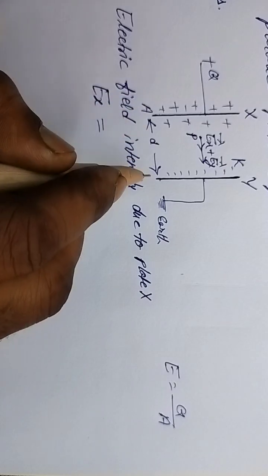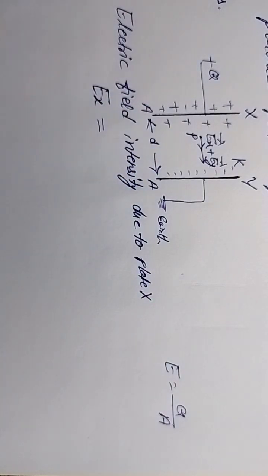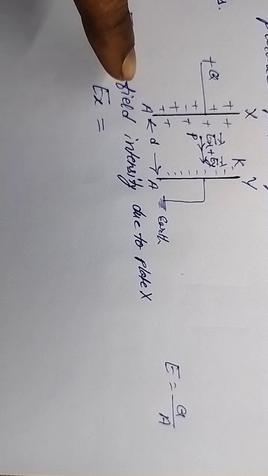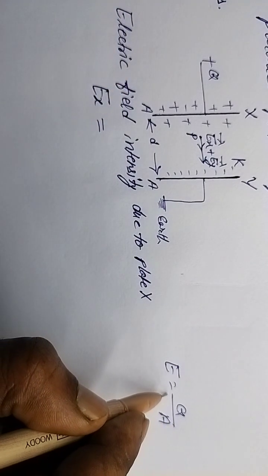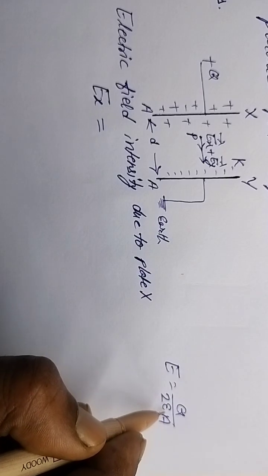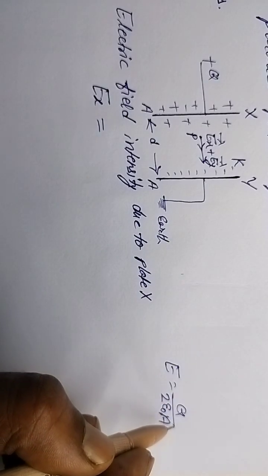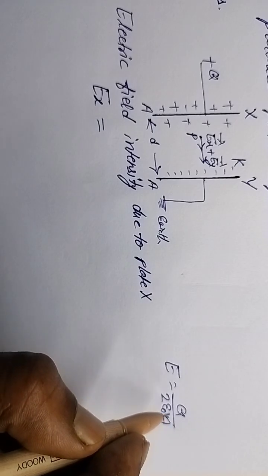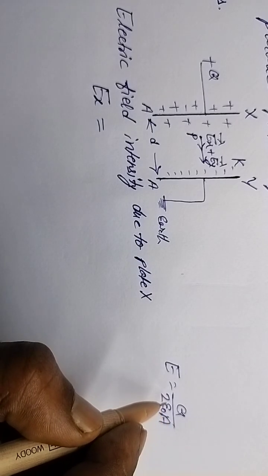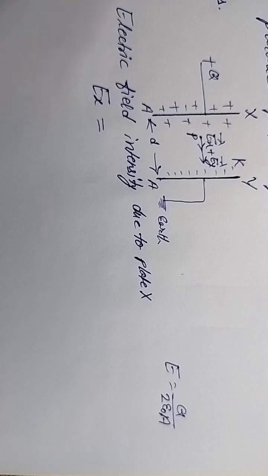Now please consider the area of plates X and Y, both are the same, and that is capital A. Q upon A, just 2 epsilon 0. Just write 2 epsilon 0 in the denominator. This is the formula for electric field intensity due to a plane infinite-size plate